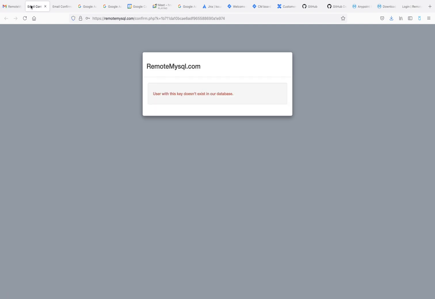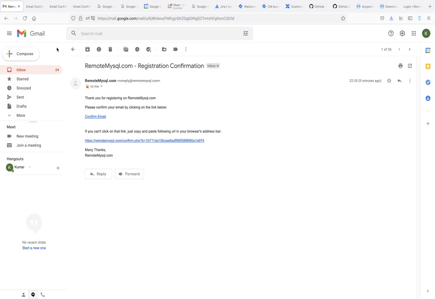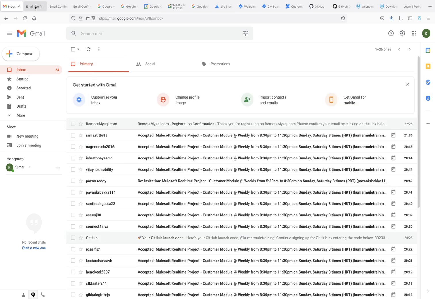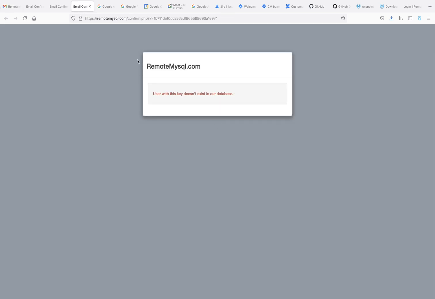Yeah, I confirmed, but they are giving some error, so I'm not sure why. My account is created, but the key they shared expired soon. I don't know how it expired within a few seconds. Okay, so what I can do is forgot password.